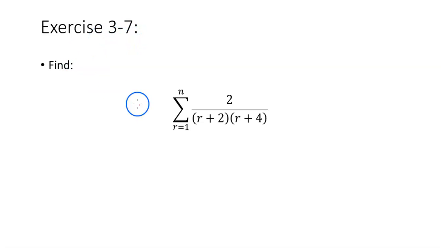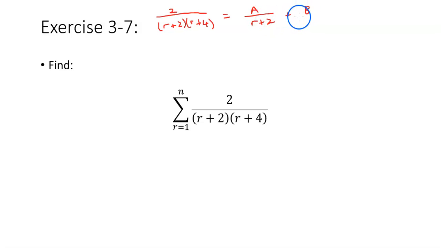Exercise 3.7, find the sum from r equals 1 to n of 2 divided by (r plus 2) times (r plus 4). So it looks like another partial fractions kind of thing that we can do. So let's go ahead and use our partial fractions decomposition theorem. 2 divided by (r plus 2) times (r plus 4) is equal to a divided by (r plus 2) plus b divided by (r plus 4)